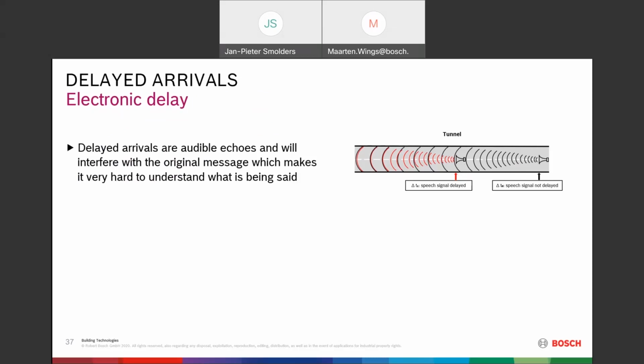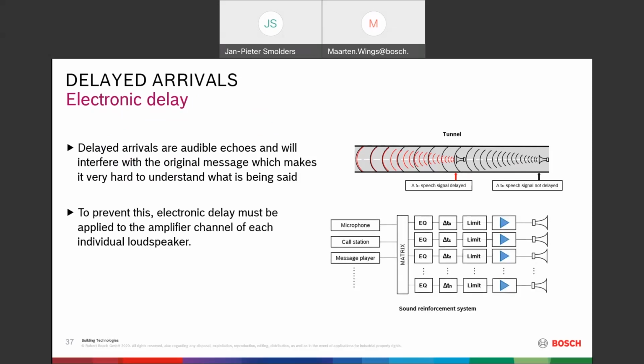You will hear it as a kind of an echo. Now what can you do? You can delay the sound at the second loudspeaker here, for instance, with a certain time. You know, sound will travel with about 340 meters per second, so you can calculate the distance here, and then you can say, okay, after maybe 10 milliseconds or 20 milliseconds or 100 milliseconds, the sound from this loudspeaker will